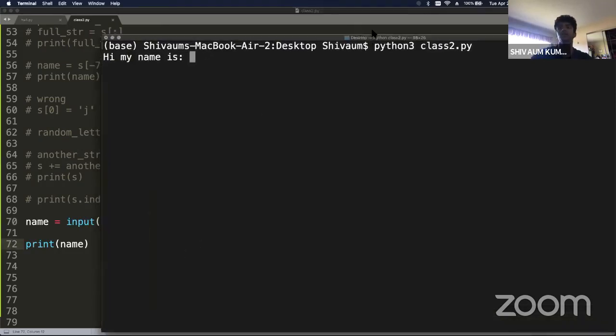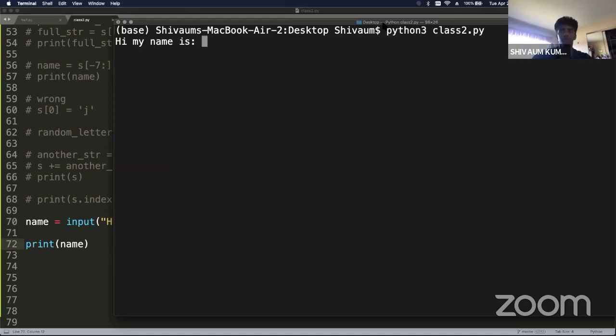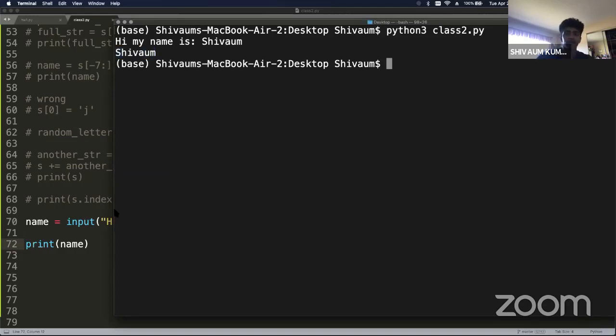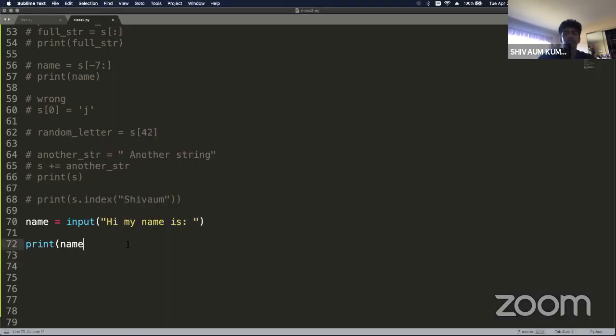So there's nothing executing, or the program is still executing right now. So it will wait for my input, and I'll say my name is Shivam, and it'll print out Shivam like that. So, and then I can do this again with age. I can say input, enter your age. And then I can print out,